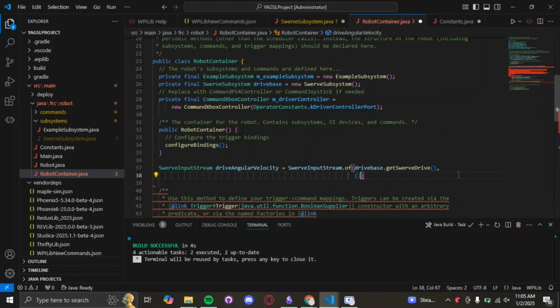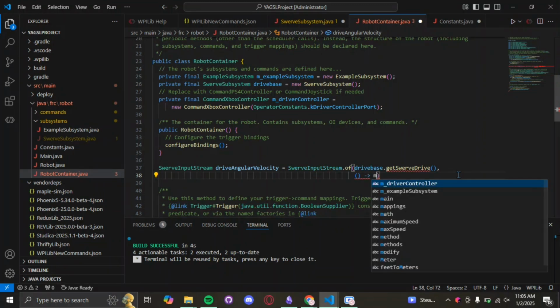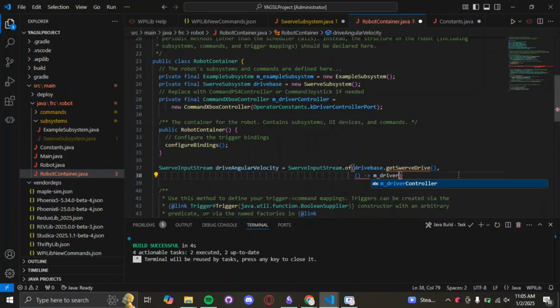And I'm going to do parentheses, arrow, and then I'm going to refer to m_driverController, and then we're going to get leftY, so we're getting the y input, and we're going to multiply this by -1,